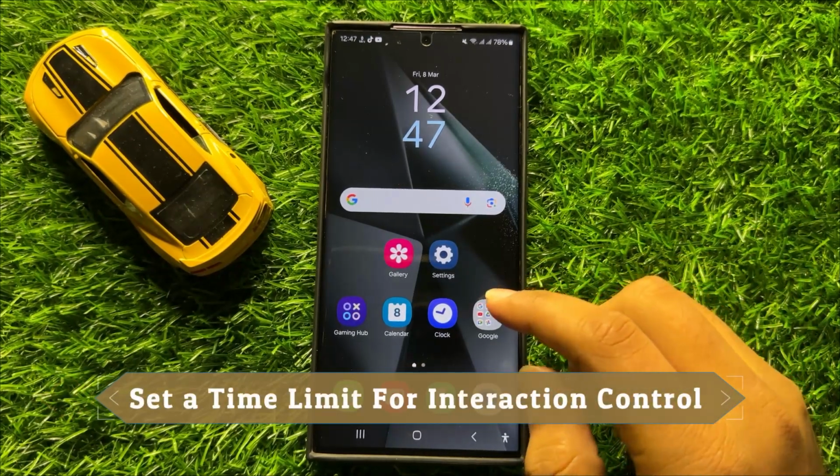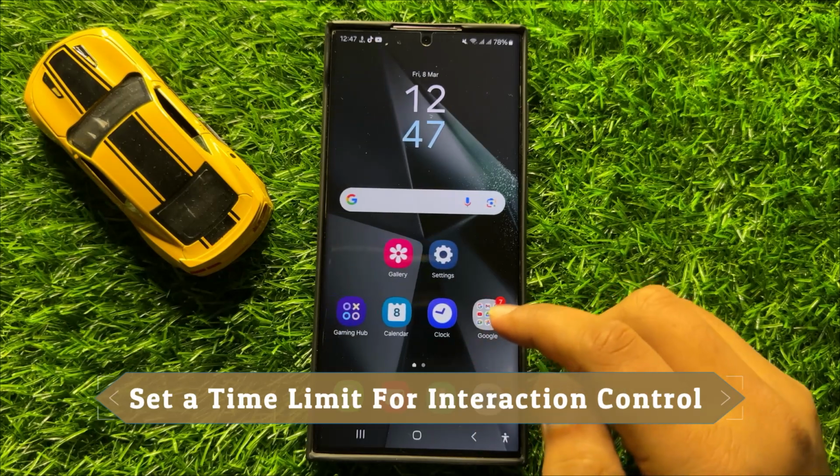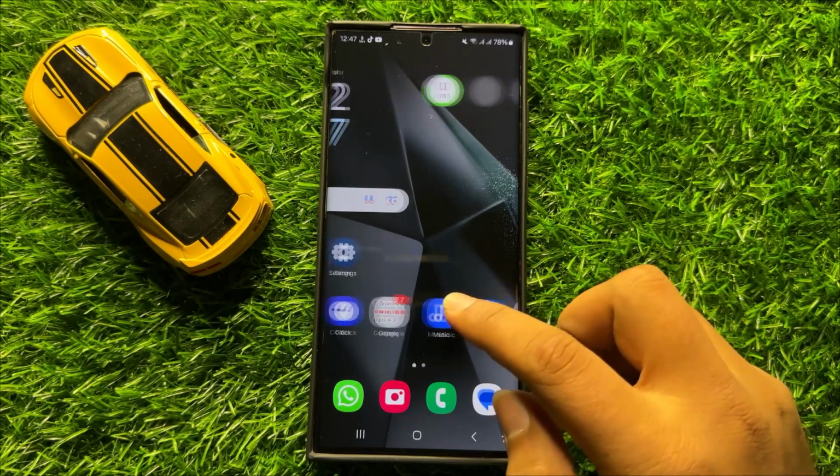Hello everyone, in this video I will show you how to set a time limit for interaction control in Samsung